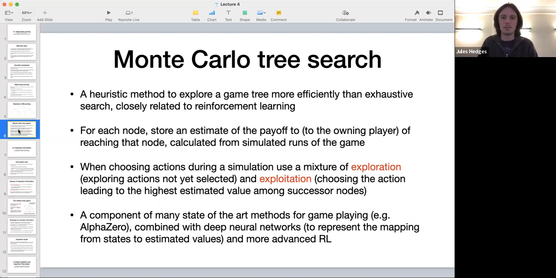So the details of this method are pretty complicated. So we're going to come back to this kind of thing in the last few weeks when we're going to look in much more detail about reinforcement learning. But I can say that Monte Carlo tree search is basically one component of a lot of state-of-the-art methods like AlphaGo and this family of methods. So this is basically Monte Carlo tree search combined with a lot of other more modern methods like deep reinforcement